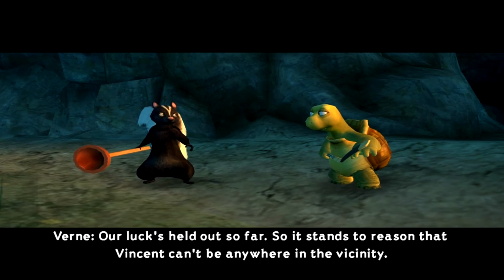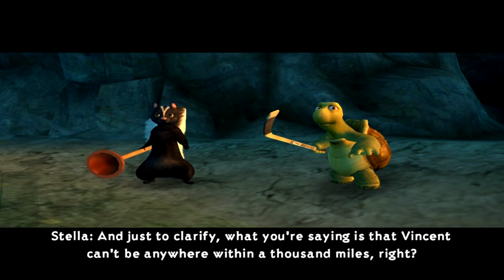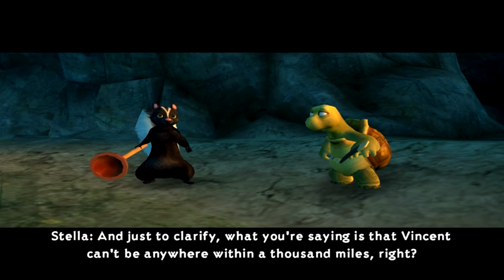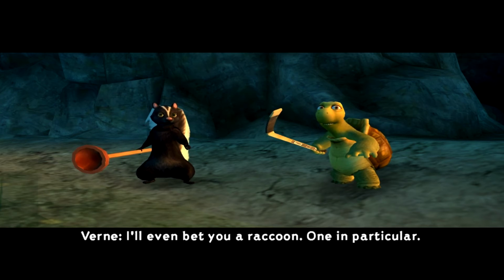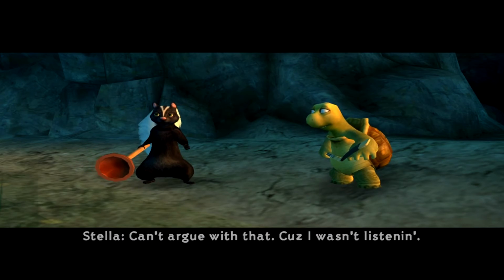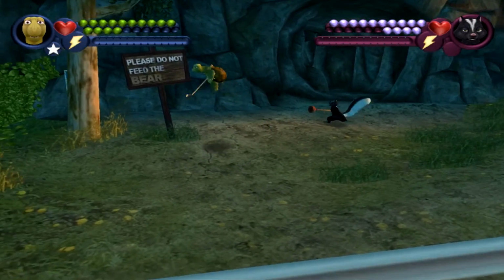So far, so it stands to reason that Vincent can't be anywhere in the vicinity. And just to clarify, what you're saying is that Vincent can't be anywhere within 1,000 miles, right? I'll even bet you a raccoon. One in particular. Huh, I wonder which one that is. I wasn't listening. It might be best that you don't actually listen to what he said, because that is that's